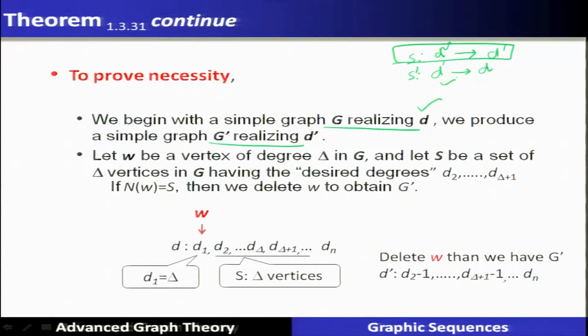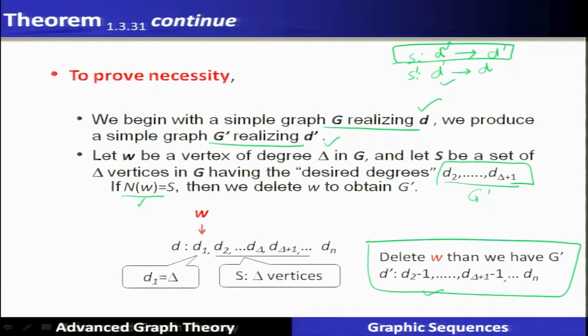So let W be the vertex having the highest degree, delta, and let S be the set of delta vertices in G having the desired degrees D2 and so on up to D delta plus 1. Now if this N(W), that is the neighbors of W, is S, then we delete that particular W and we obtain G prime in this manner. This is pretty straightforward. However, if the neighbors of W are not this particular set, but some other vertices are there,